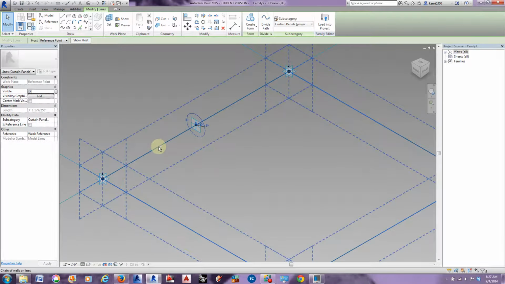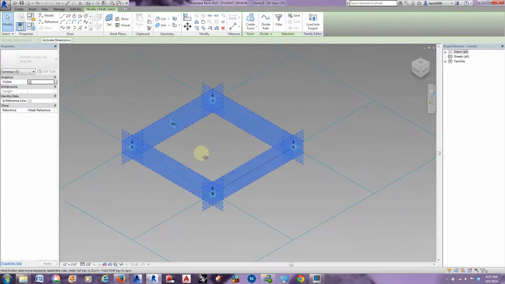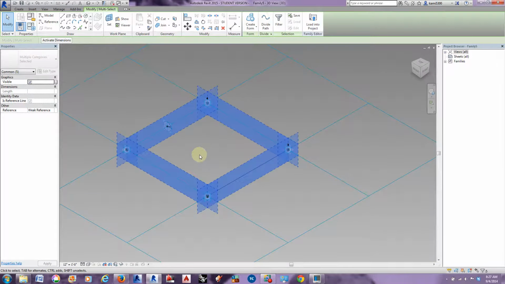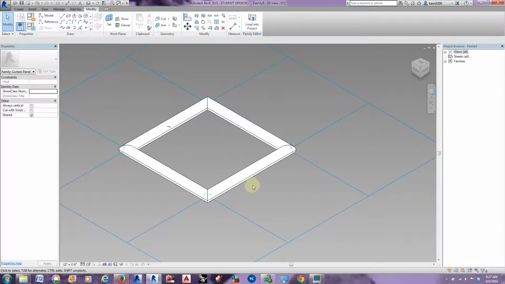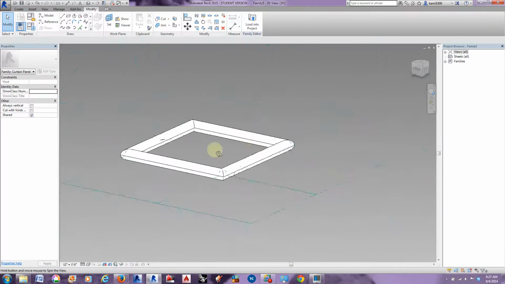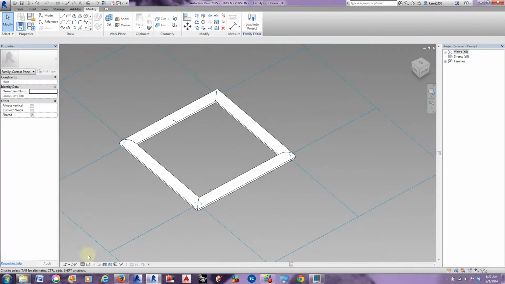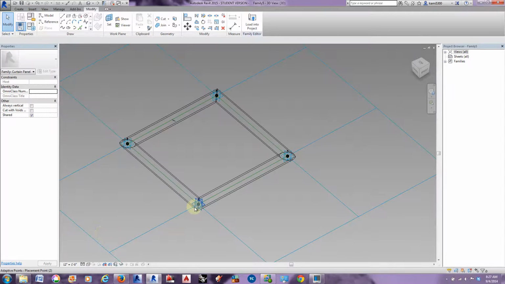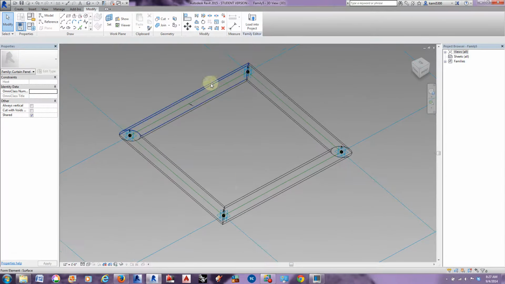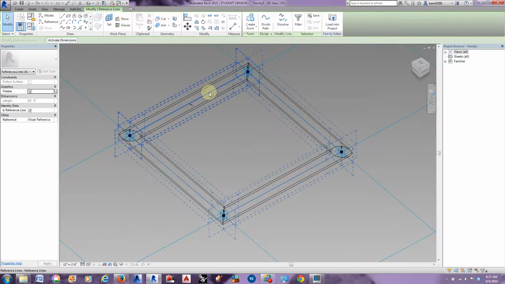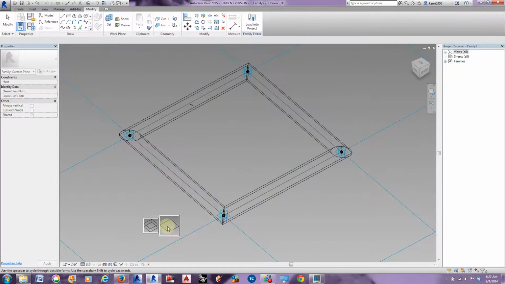And I'm also, with the control, going to select all of my reference planes, or lines rather. And I'm going to create a form. And that creates a mullion, basically, for this curtain panel. I'm going to use the graphic display wireframe so that I can see my reference lines, and I'm just going to grab them and I'm going to create another form, and I'm going to make a plane this time instead